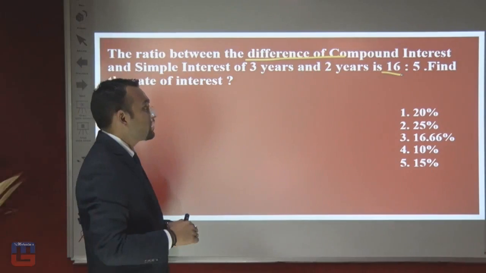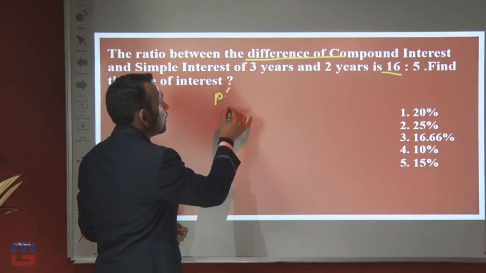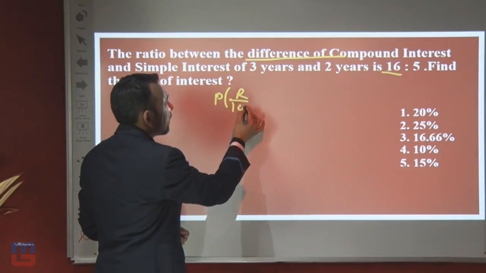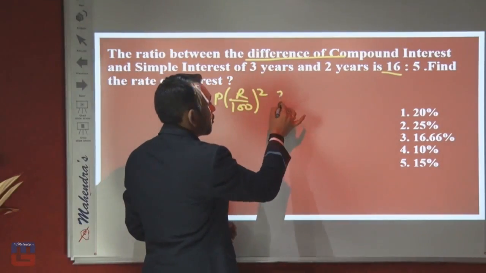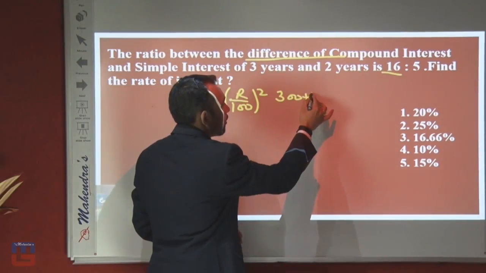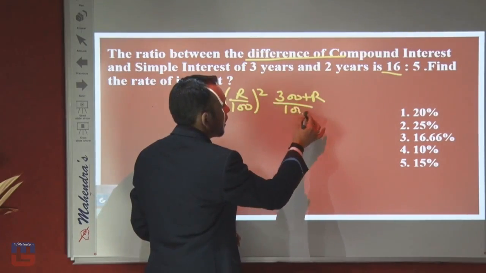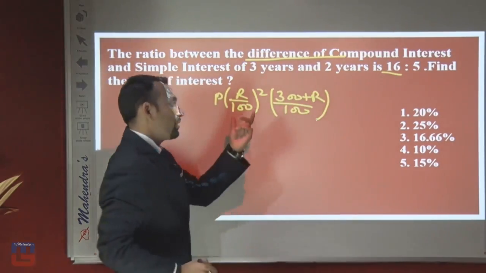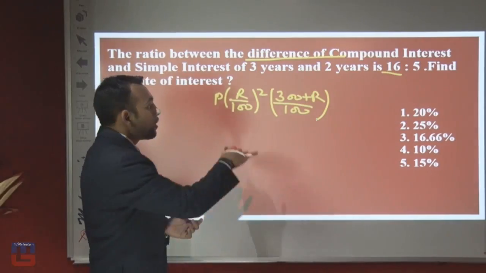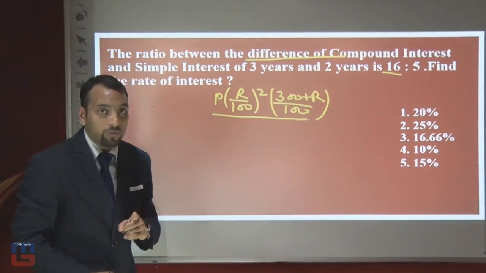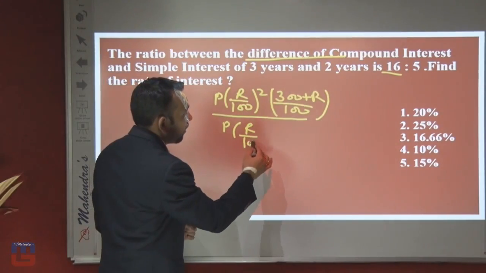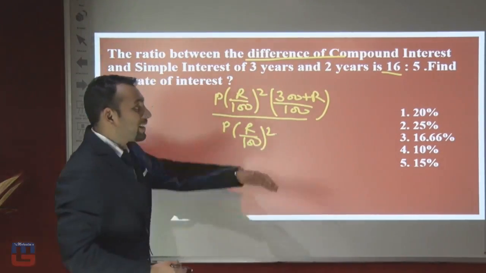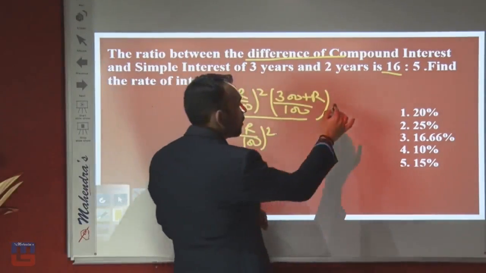The 3rd year formula is PR by 100 whole square into 300 plus R by 100. This is the formula for the difference for the 3rd year. In the same way, the difference for the 2nd year is PR by 100 whole square, and this ratio will be equal to